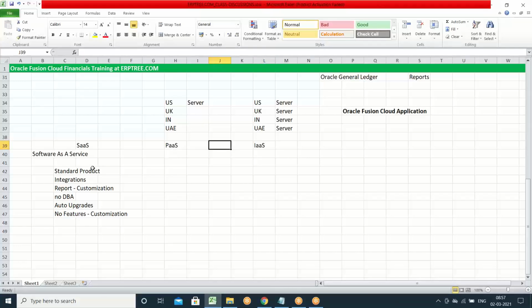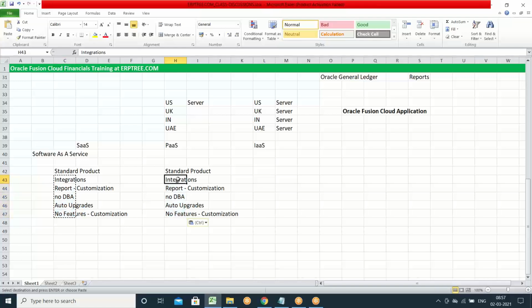In case of SaaS, yes, we'll get access to the standard product. We'll get standard product access. Yes, here also you can go with, let me take it here, copy and paste. Here also you can go with integrations. Yes, report customizations we can do, and no DBA is required, no auto upgrades. The reason is